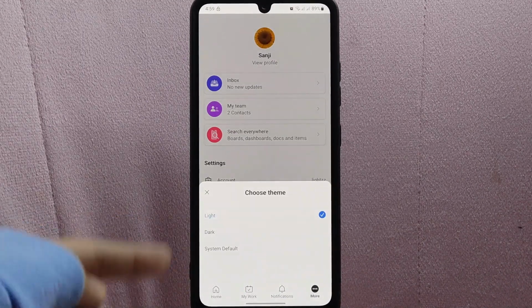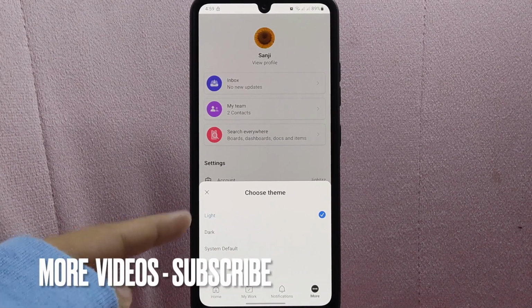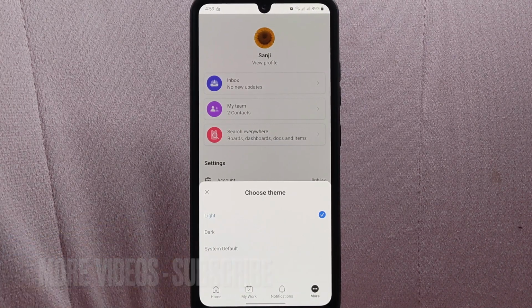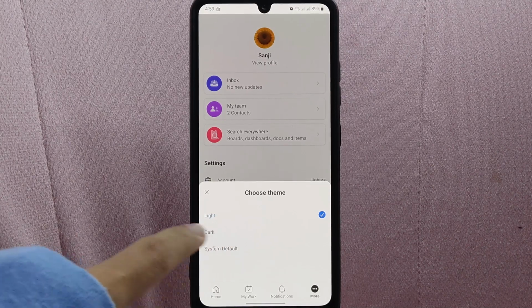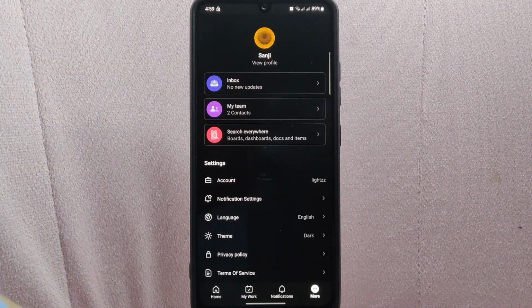A menu will pop up below, and here you will see three options: light, dark, and system default. Now, to enable dark mode, you simply need to tap on this dark option. After that, you now have successfully enabled dark mode on Monday.com. You can now enjoy using the application with a dark background, reducing eye strain and providing a more comfortable viewing